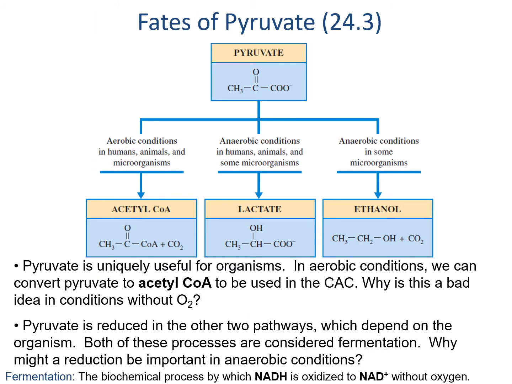The pyruvates that we produced in glycolysis can actually be further oxidized to produce even more energy. They can be oxidized to acetyl-CoA and then processed in the citric acid cycle and the electron transport chain. That's actually the main way we can get energy out of glycolysis. But we need oxygen to do this, so this is only the pathway when we are in aerobic conditions.